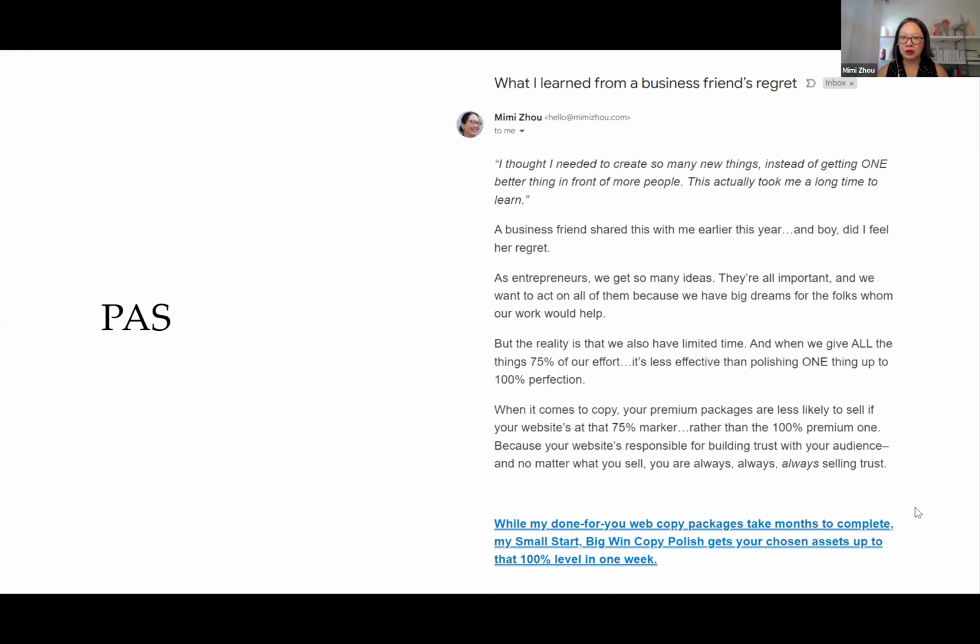About this link, I just want to point out that design-wise, it's very clearly a link. It's underlined, it's highlighted in blue, it's bolded, it's even spaced apart from the rest of the email. So if someone opens this and they are scrolling, they know this is the link to click. And I want them to click because this takes them to the sales page, which is where the money comes in. So I do want to point these things out about the design that you might want to think about when you're putting together your emails.